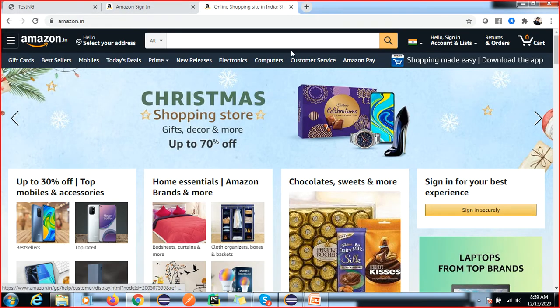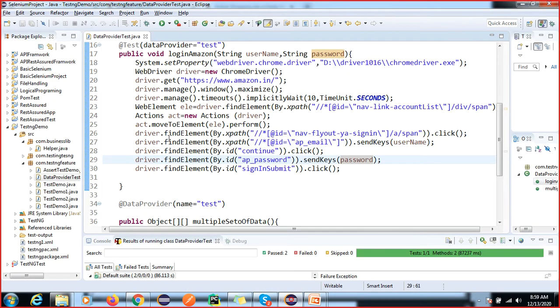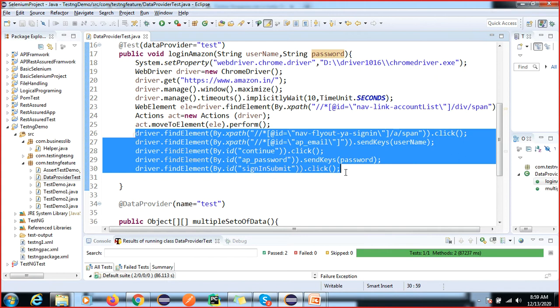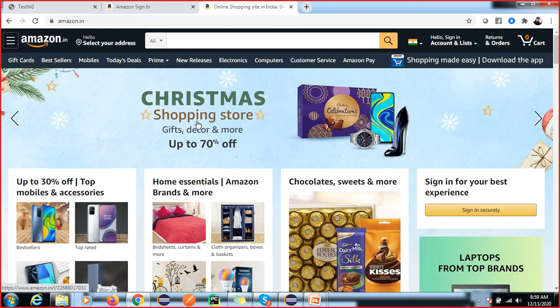Got it, right? So what is the page object model? That is very important. In real time, we are not writing all the elements in the test runner; we cannot use the test runner for that. For every page we have to create one class. That is a pure Java class.